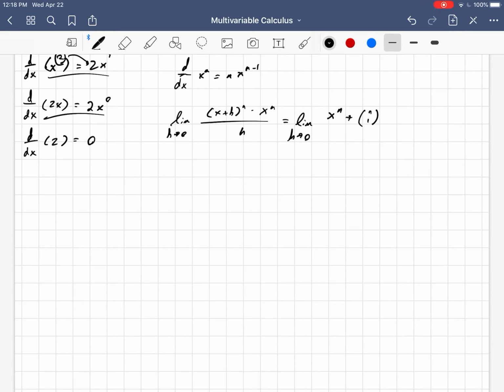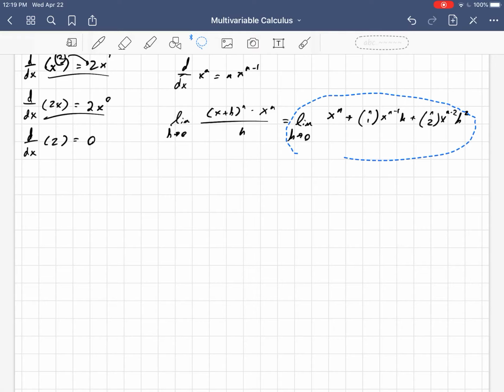So we get x to the n plus, now we would have an n choose 1, which is just n. I'll write it though as n choose 1, n choose 1, x to the n minus 1 h,